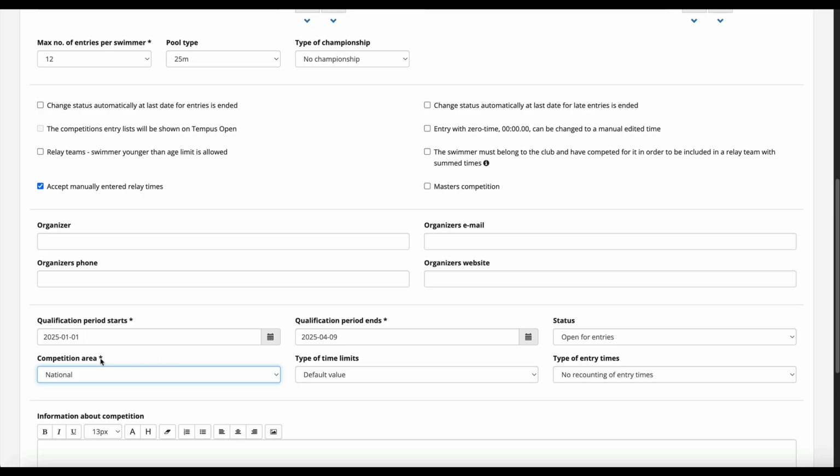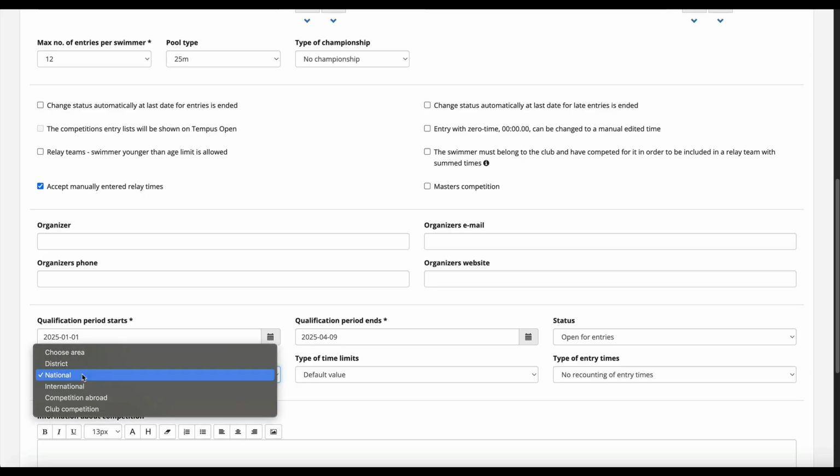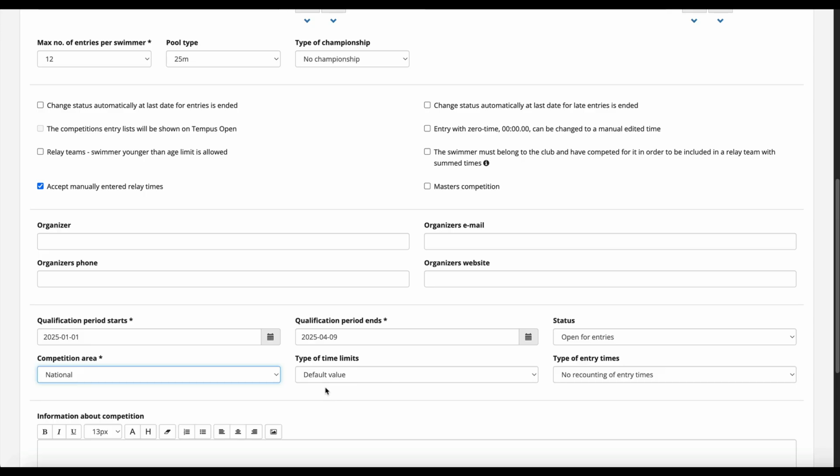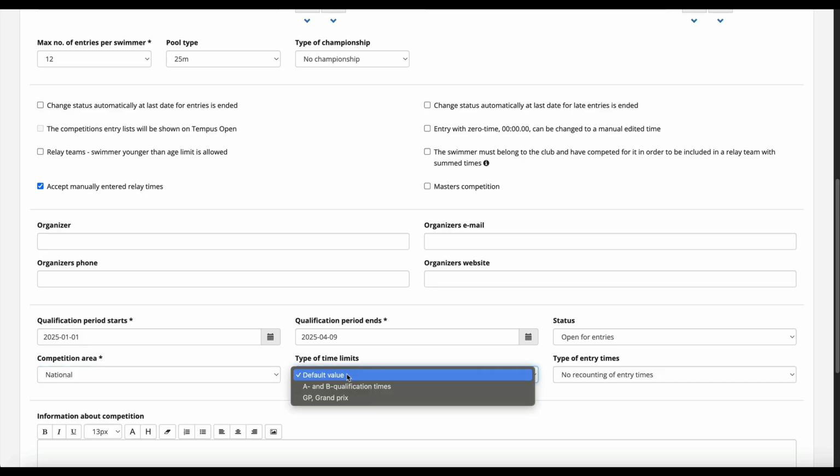In the competition area, you specify if your competition is a national competition, international competition, or maybe a club competition. So then we move over to type of time limits. And here we have 3 selections that we can choose between: default value, A and B qualification times, and GP Grand Prix. So the default value means that you have one time limit for each pool length and age group